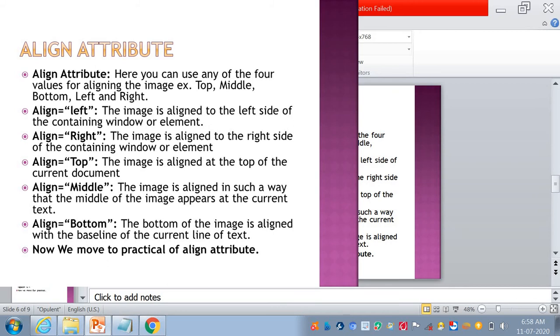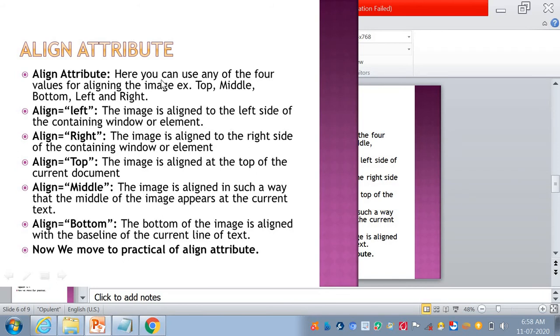Align is equal to middle. Here the image is aligned in such a way that the middle of the image appears at the current text. This means the image displays in the middle of the window.